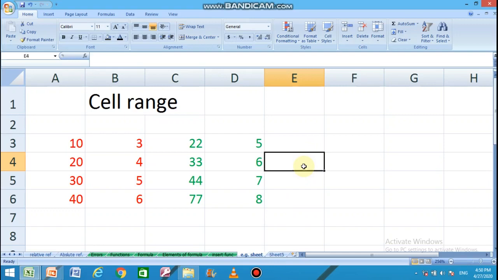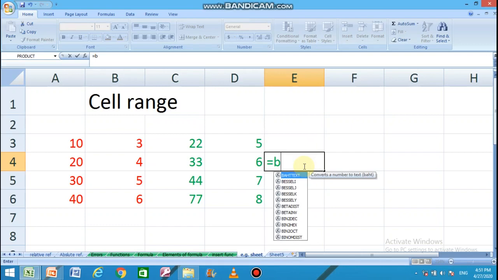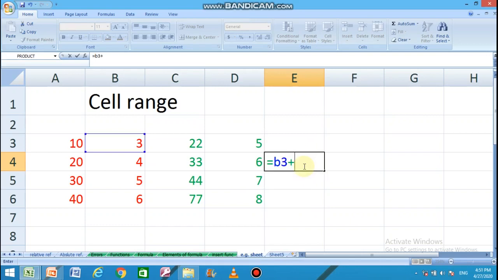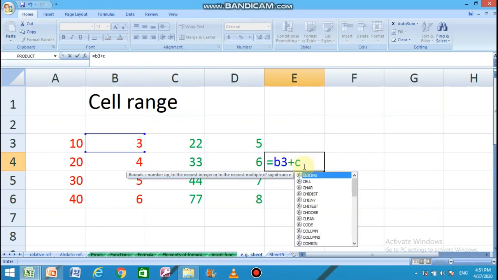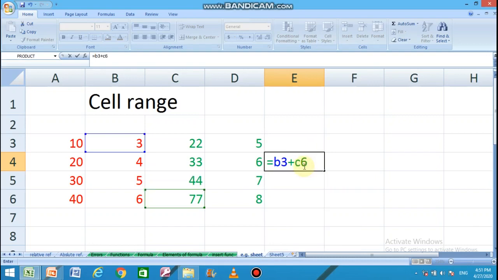For example, is equal to B3 plus C6. If we write like this, it will add B3 and C6 only. Means 77 will be added with 3.